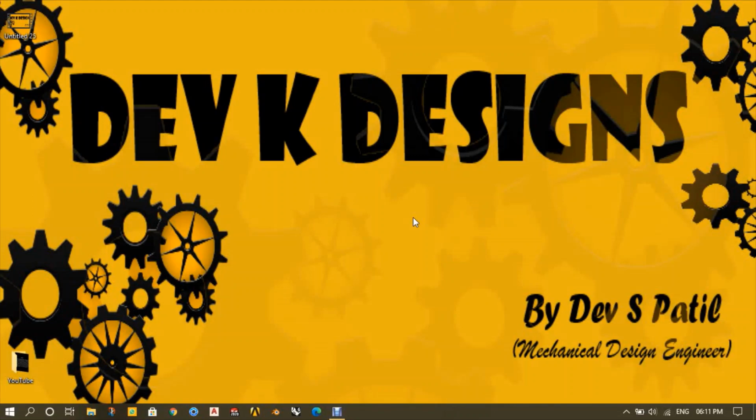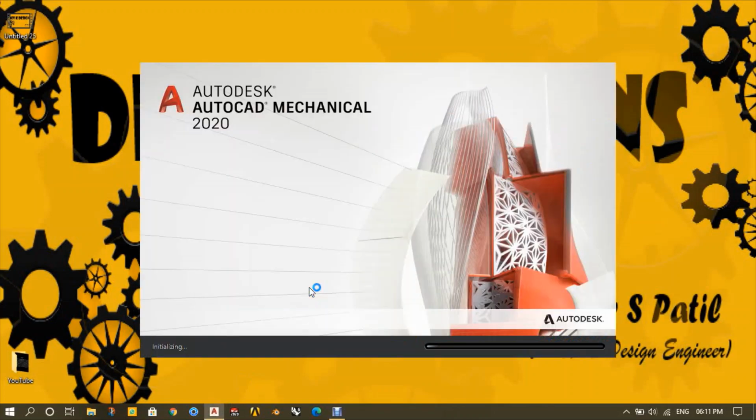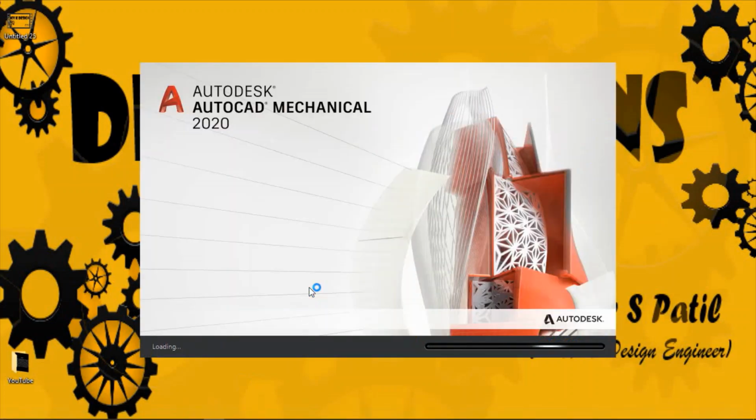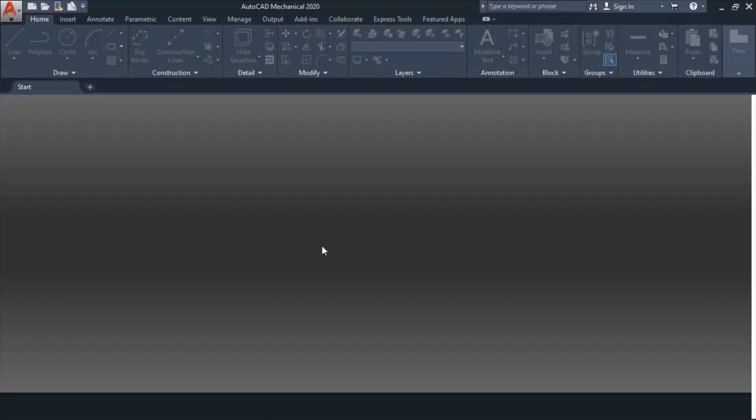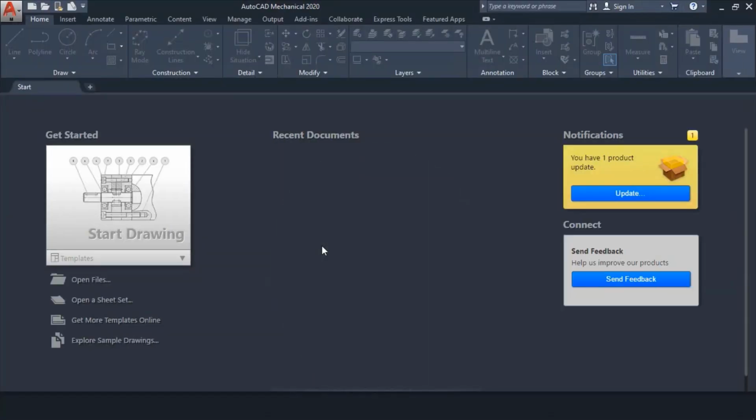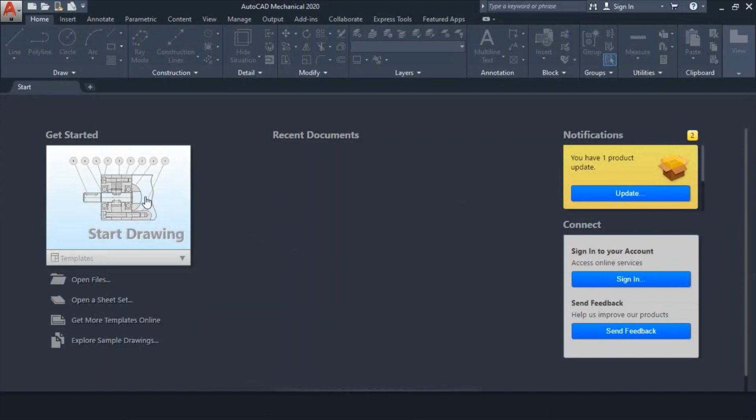Hey guys, so let's start our first tutorial on AutoCAD. We are going to use the Autodesk AutoCAD full version of 2020 for our tutorials so that I can cover more advanced features in our advanced lectures. Actually, we have two different versions to work with. One is the AutoCAD Lite version and the other is the one we are using now, the Autodesk AutoCAD full version. Once you open your application, you will find the main screen consisting of the Start Drawing box. By selecting this box, you will enter into the drawing environment.